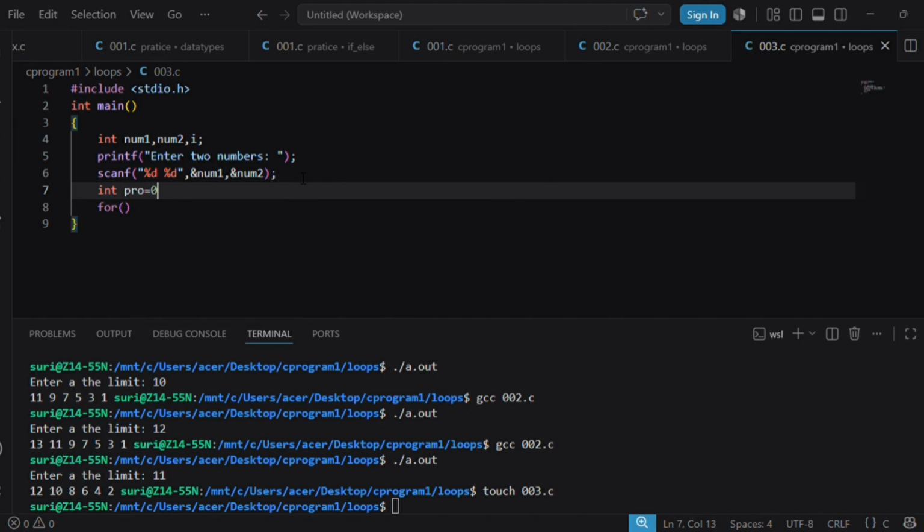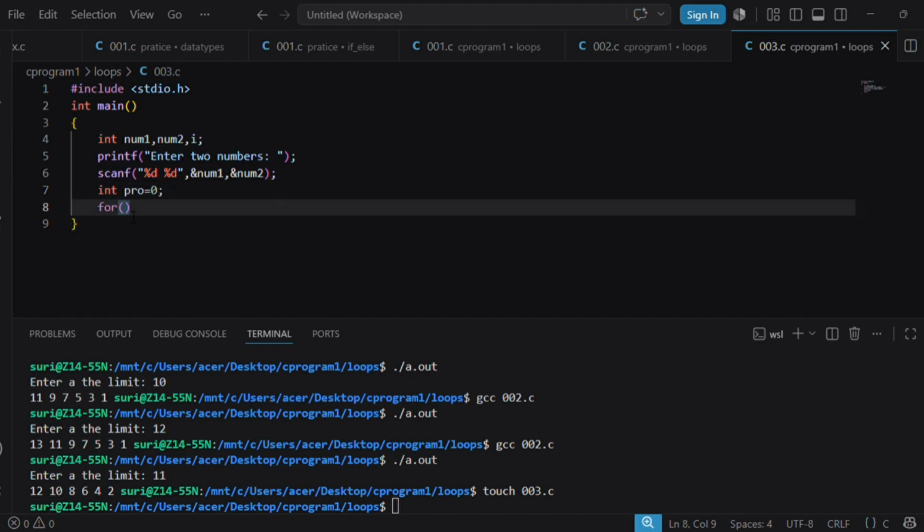I required an empty variable where I can store the product.